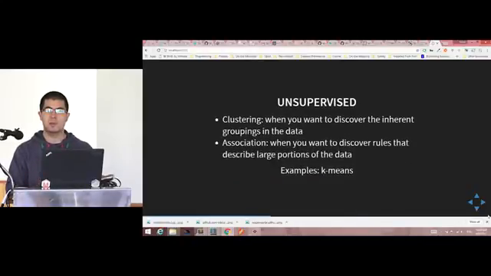Unsupervised learning is when you don't actually know the output, or you want to discover the different groupings and the different classifications out of the blue. So you have clustering problems and association problems. So clustering,